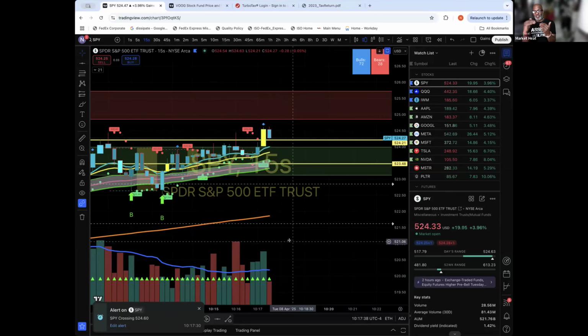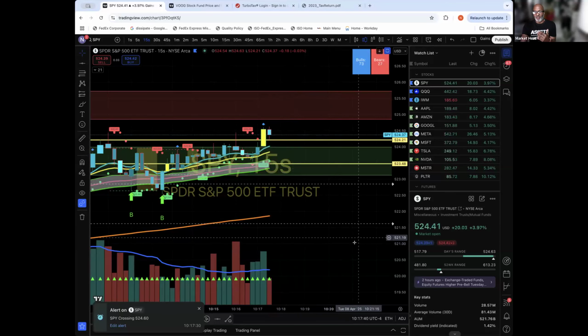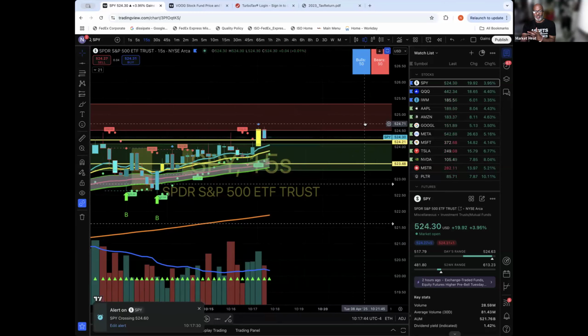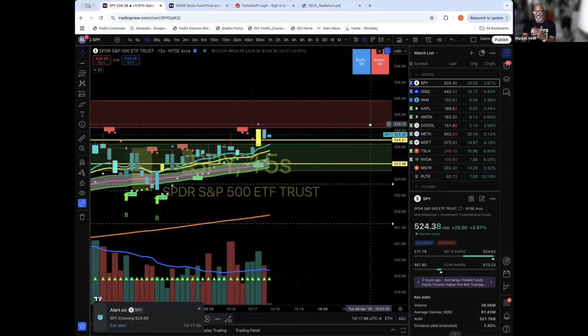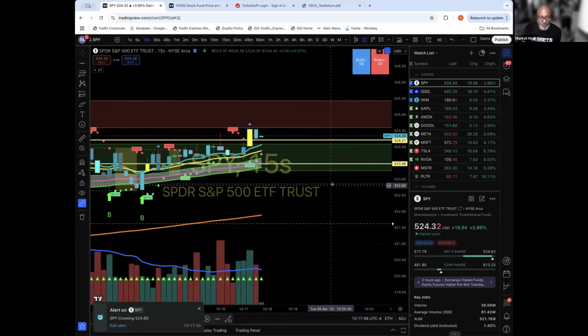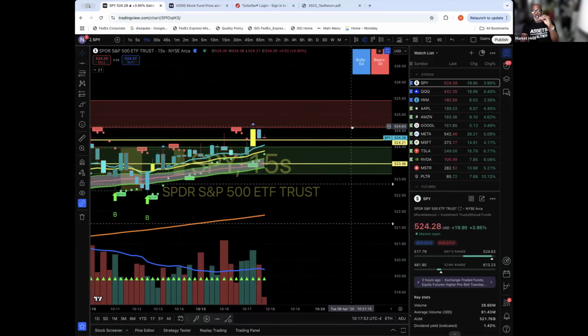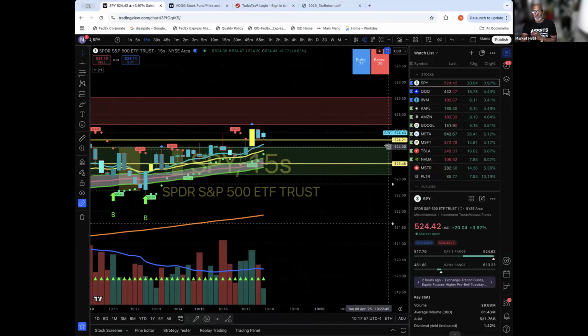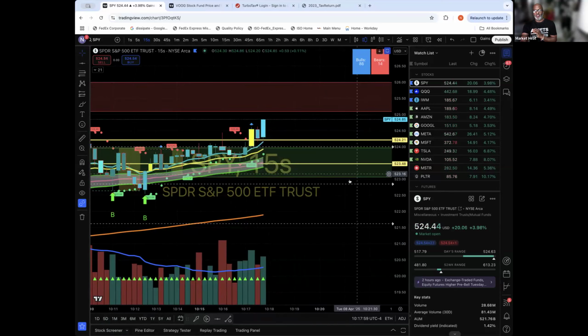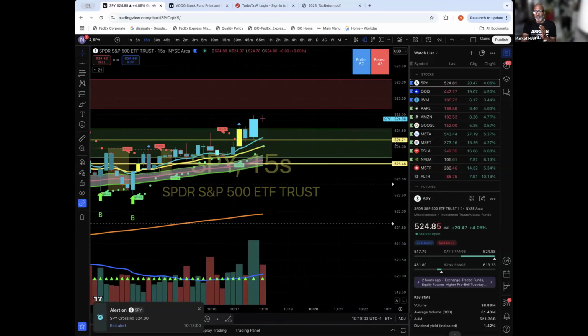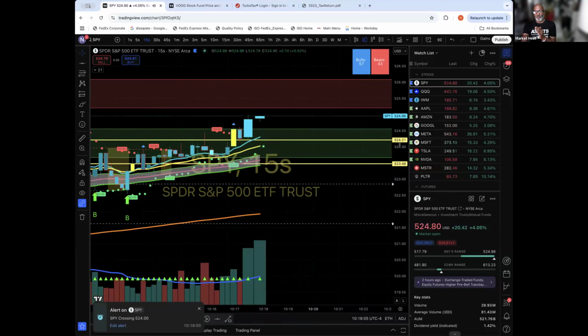And what happened? Because it originally broke that 524.21, and I had set that additional alert at, I can't remember what it was, 524.60. It hit that level and rejected, right? So now what's going to happen is, and I'm going to send an alert right here, it is going to fight. Well, it bounced off of that level right here at 524.21,